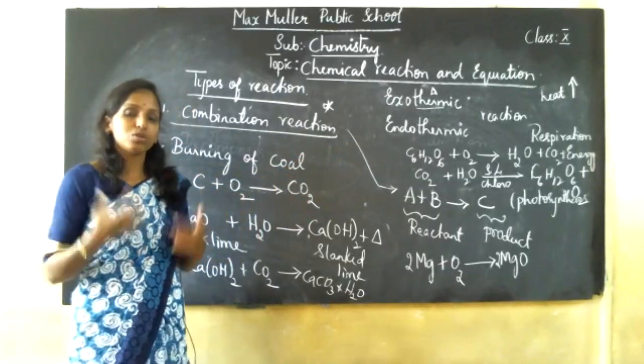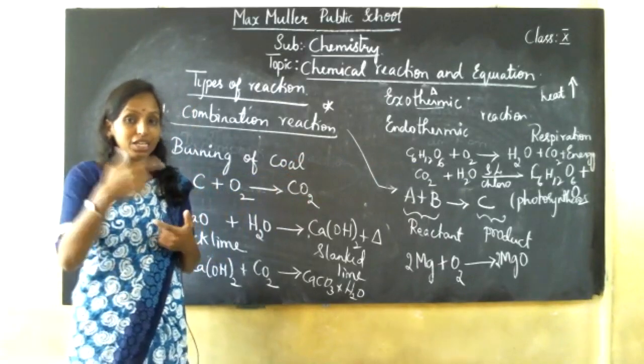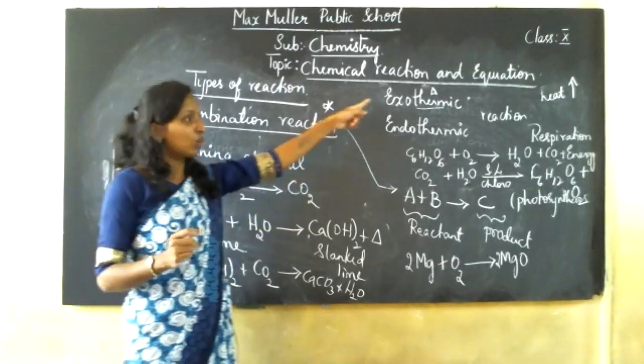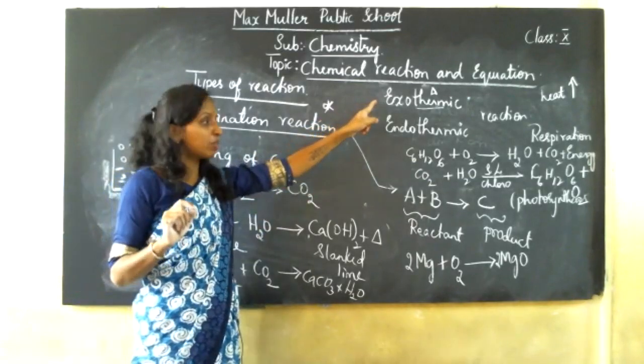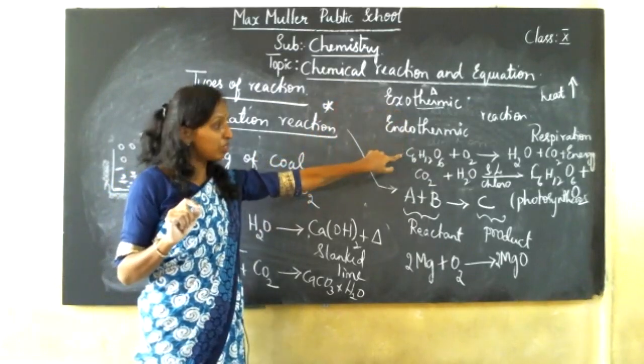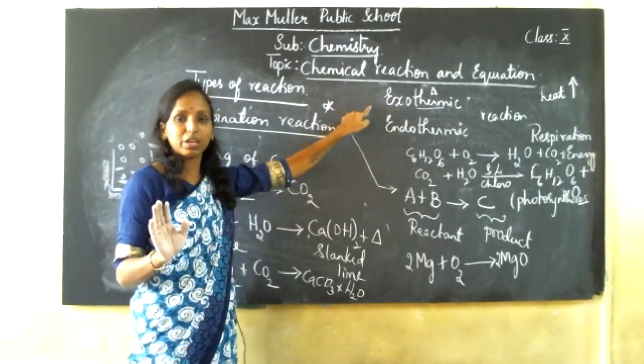That means I'm going to do some sort of work. So that energy which is liberated, the heat is liberated in the form of energy. So this reaction is called exothermic. You're not supposed to write only respiration. You have to write respiration with this equation. If you write that, then only you'll get complete marks for exothermic, right?